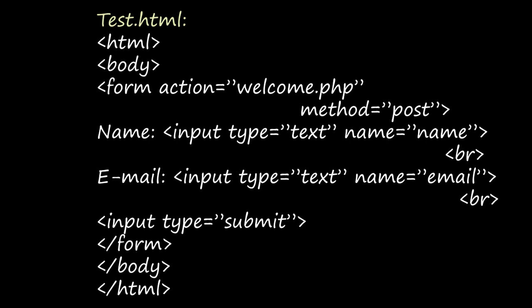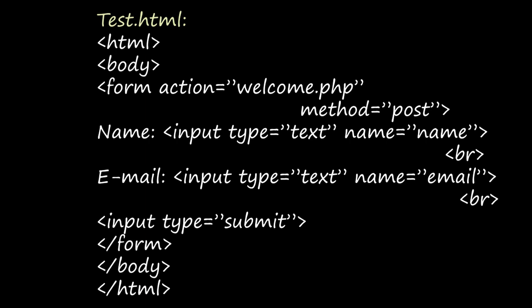And then next one, name. We need a text box, right? For that we will give input type is equal to text, right? Name will be displayed there. So that is given inside double quotes, right? Are you clear? Name, input type is equal to text. Text and name will be inside double quotes, and this whole input type thing will be inside a tag,